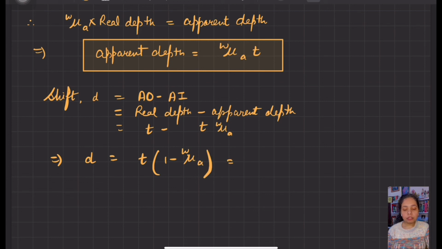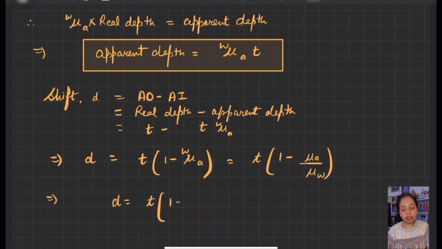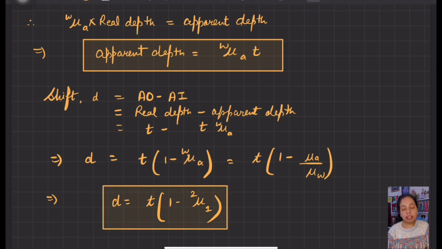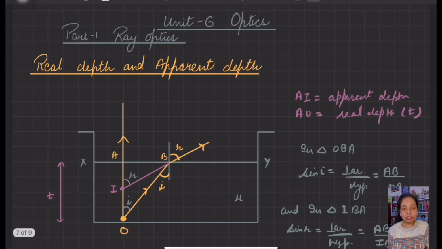Light is traveling from water to air, therefore d is equal to t into 1 minus mu water to air. So this is the final expression, or we can say d is equal to t into 1 minus mu a upon mu w, which is the final expression for the shift in the position of the object when it is observed from the rarer medium and when the object is placed inside the denser medium. Therefore d is equal to t into 1 minus mu, and if we are having different media, if we want to write it in a general form, we can say mu 2 to 1. So this is the general expression for the shift in the